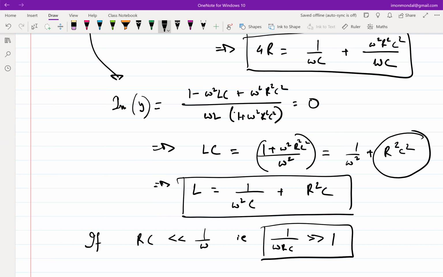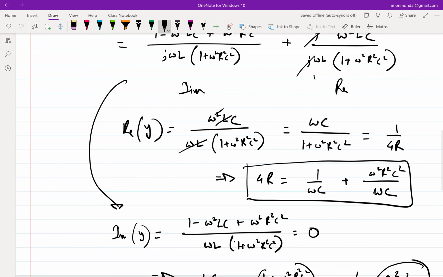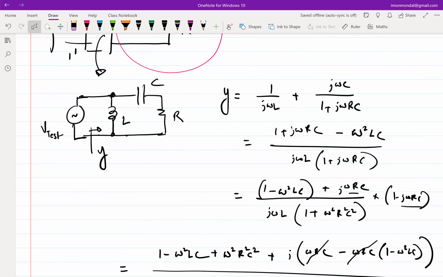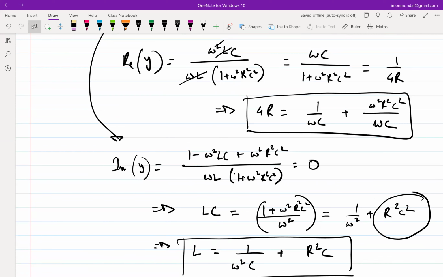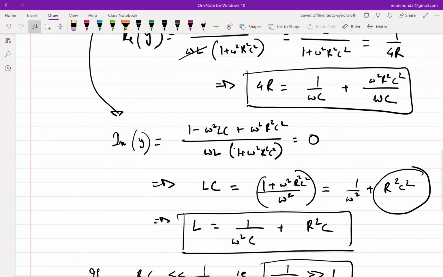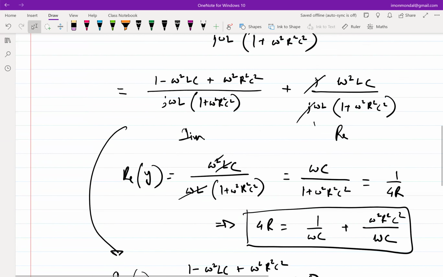So if this is the case, your resonant frequency is essentially under root 1 over LC, right? That is the situation which we expect if R is not there. So I can obviously massage this equation for R to get something out of it. But the key thing that I would like to focus on here is for you to understand,